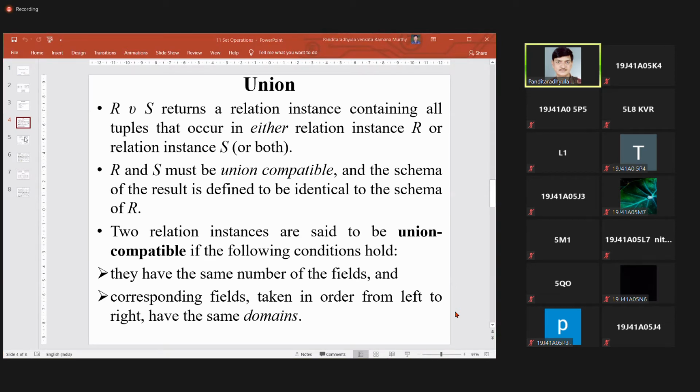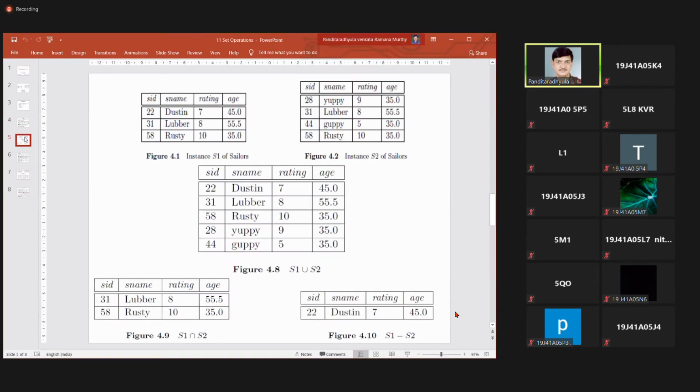Say for example, in this particular slide, we have figures 4.1, 4.2, 4.8, 4.9, 4.10. 4.1 and 4.2 are nothing but S1 and S2 of the same table.